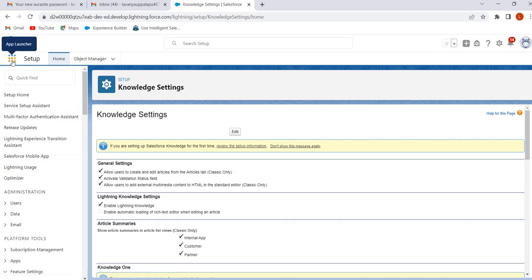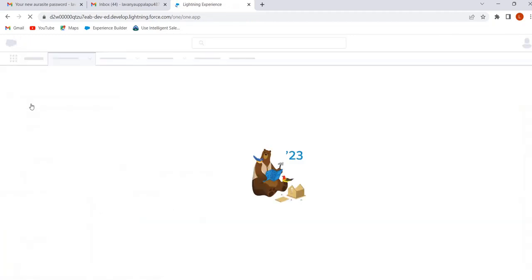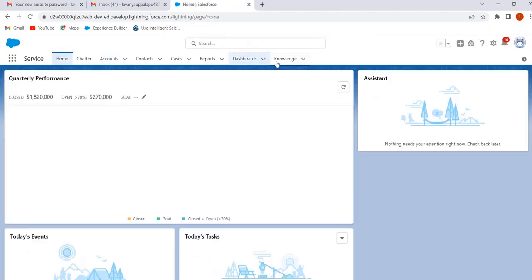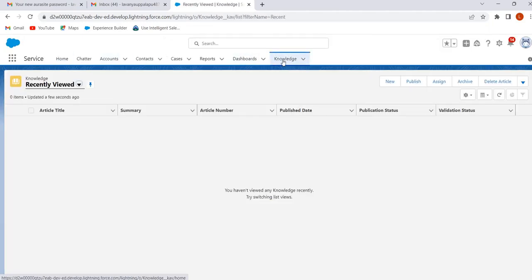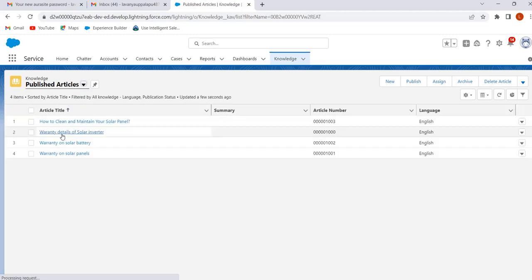So go to app launcher, search for the knowledge object or select any app. I am selecting the service app. Go to the knowledge tab. Here select published articles. I have created these articles. To create a new knowledge article, click on new